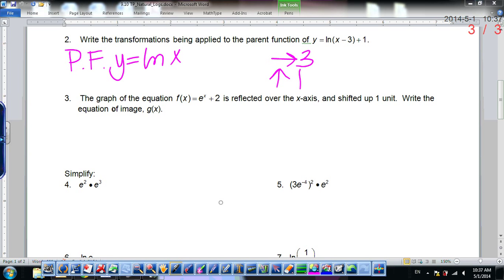Okay. We're given the graph of y equals e to the x plus 2, and we want to reflect that across the x-axis, shift it up 1 unit. What will be the equation of the new image? So what creates a reflection over the x-axis? Negative. Negative where? Before the base. So it would be the opposite of e to the x. Plus. And then if I want to go up 1 unit,